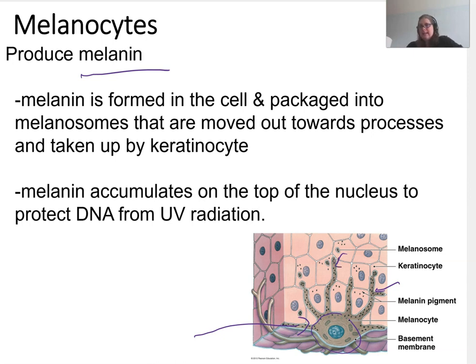So it's made in the cell, and then it travels out through the processes. And then this pink thing is a keratinocyte. The keratinocyte picks it up and it gets deposited in the keratinocyte. The keratinocyte migrates. The melanocyte stays behind, by the way. Most of the melanocytes are down in the basal layer. You can see down here really deep is where they tend to hang out. They don't migrate. But their job is to make melanin, put it in the keratinocyte,